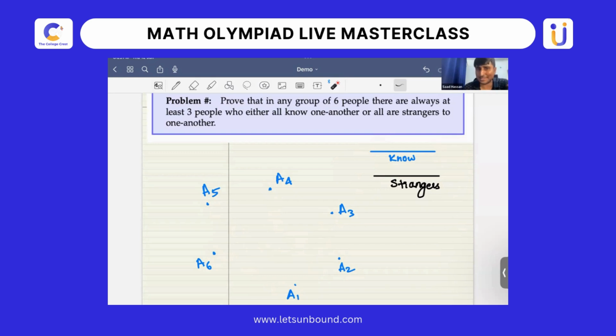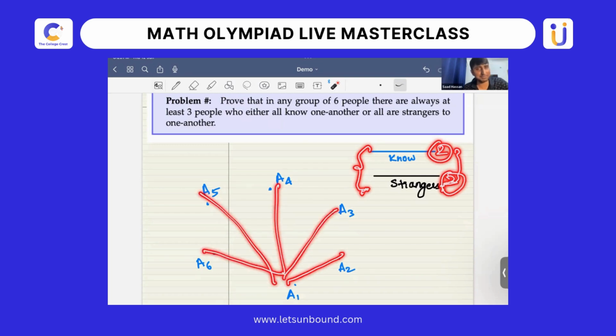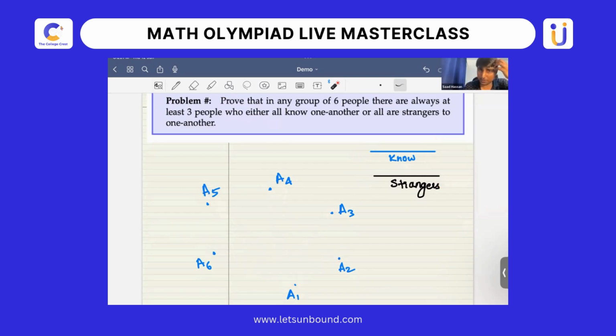The case which I'm making is that since you are going to draw five line segments from A1, at least one of these colors must be three in number, because we have already proved that if at least one of these colors is not three in number, then both the colors must be at most two in number. And if they are at most two, then the total number of line segments will be at most four, which is a contradiction because we are going to draw five line segments from A1, right? So now that we have made that clear,